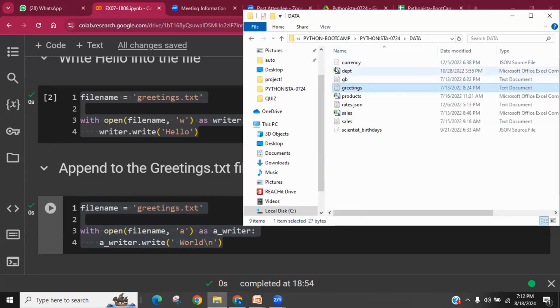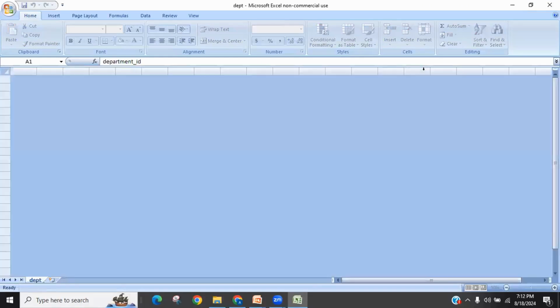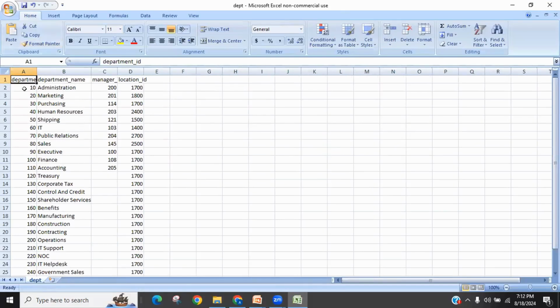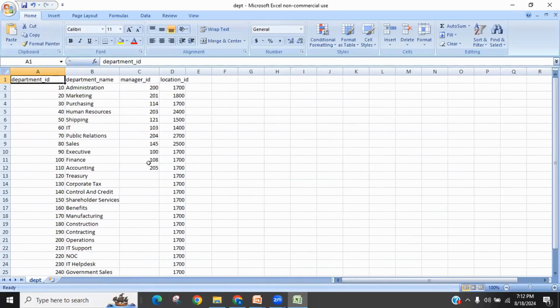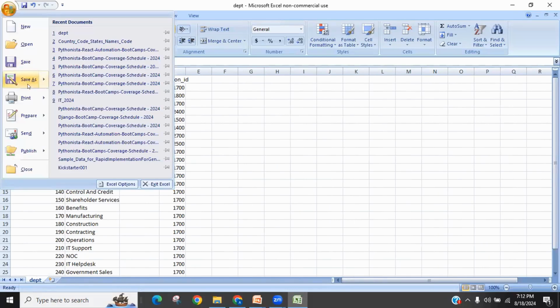I'll open one file. Let's open the department file. Okay, so it's a file like that. It's an Excel spreadsheet. We have columns like department number, department name. Each department has some manager ID, a location ID. Some data is there. Not to bother, but here when I go to save as,